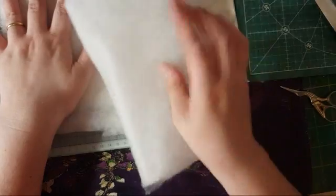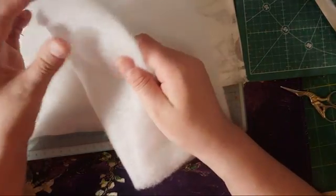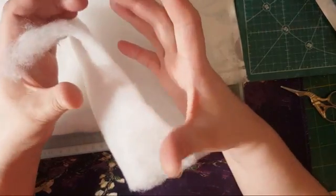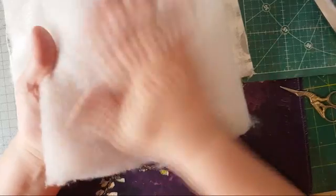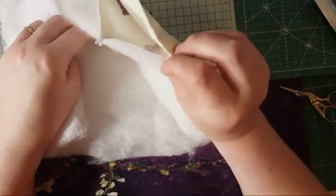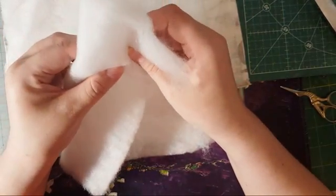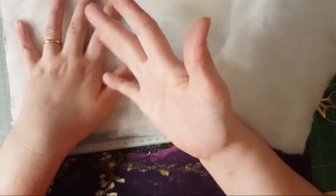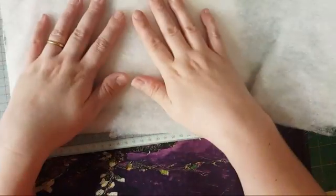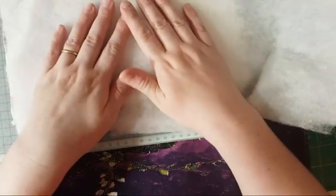Now, I'm using fleecing. Now, this fleecing, I say fleecing, you can call it batting, you can call it wadding. It's flat wadding, and that'll give me some thickness when I sew these two pieces together. And what it is, you know, at Christmas and in the shops, I don't know whether you guys will have it in your shops, but here in the UK, at Christmas, you can go in to the cheapest shops and you can get